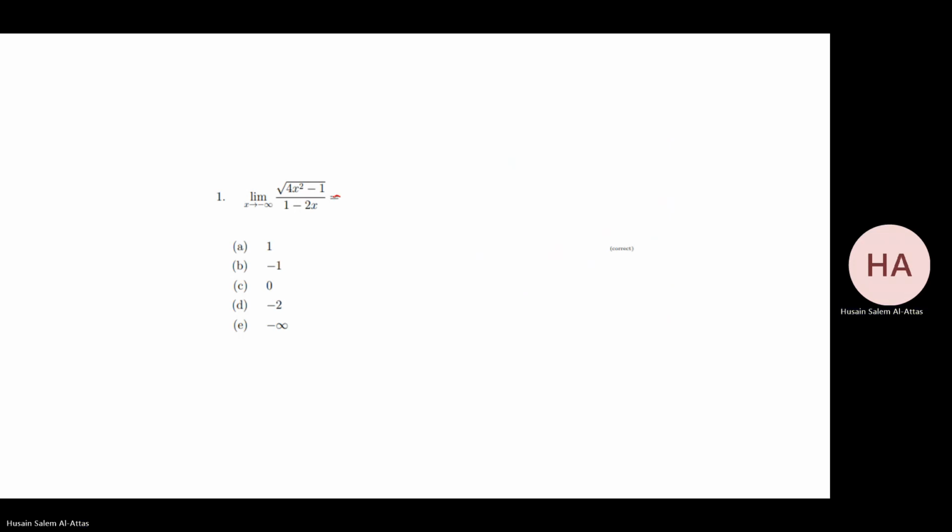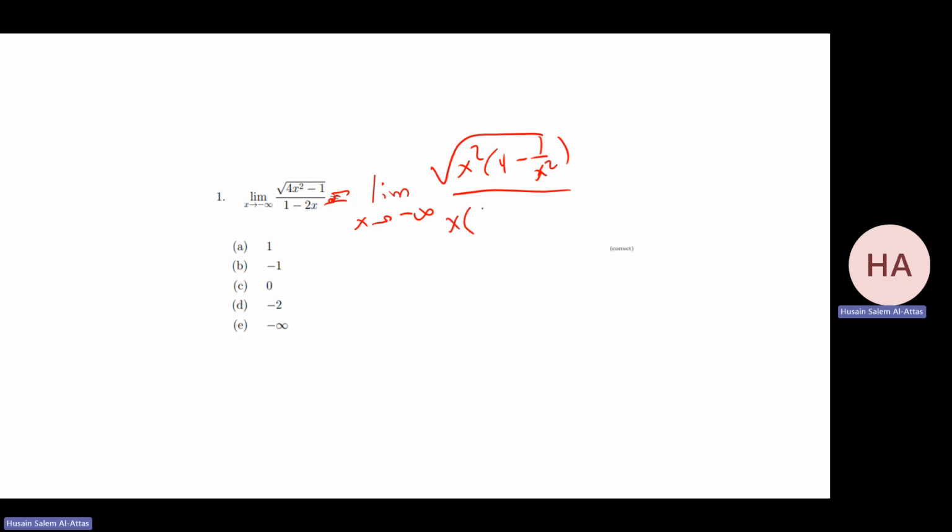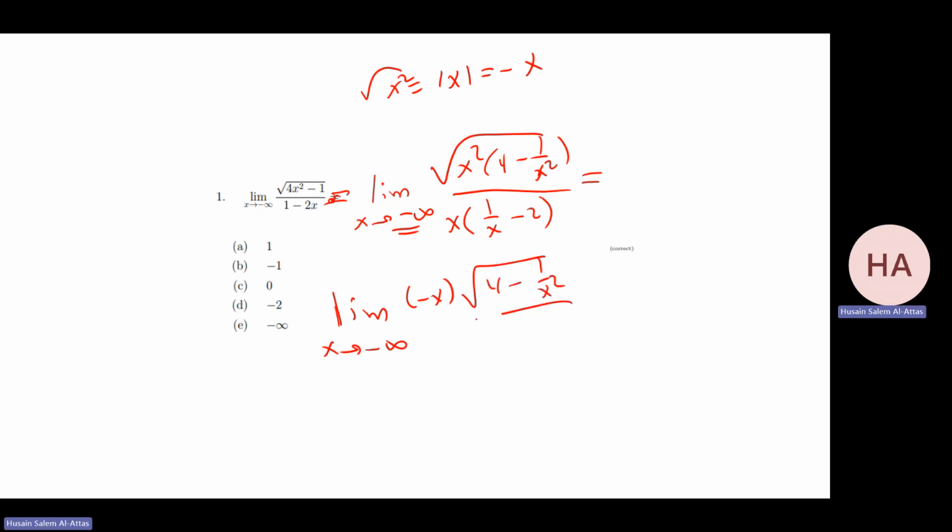Same idea. We notice this one, and we see it many times. x squared, 4 minus 1 over x squared, over take x, 1 over x minus 2. So that will give me what? This is the square root of x squared, the absolute value of x, which equals minus x, since x goes to minus infinity. So that will be the limit as x goes to minus infinity of minus x times the square root over x times this. Cancelled. You have minus 2 over minus 2, which is